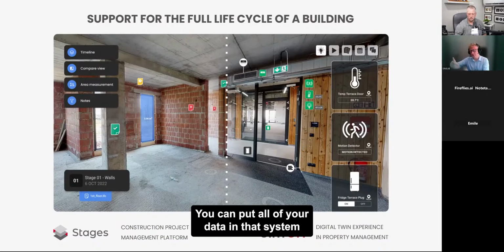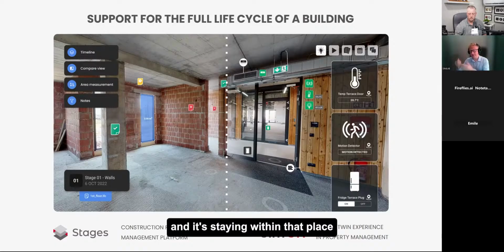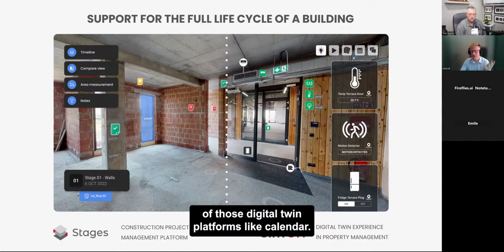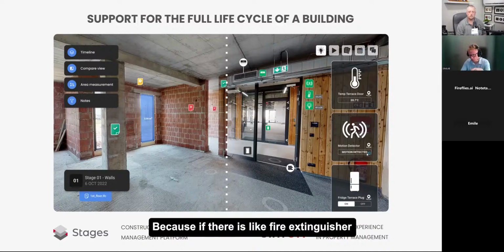You can put all of your data in that system, and it stays in the place where it is in real life. On top of that, we are giving you things which are missing in all of those digital twin platforms, like a calendar. Because if there is a fire extinguisher that you can see here, it has a service date on that equipment.